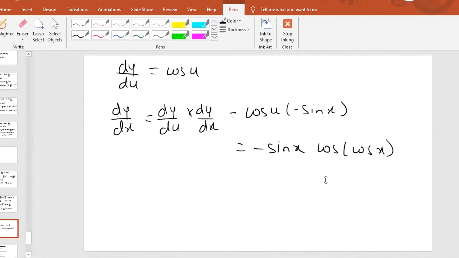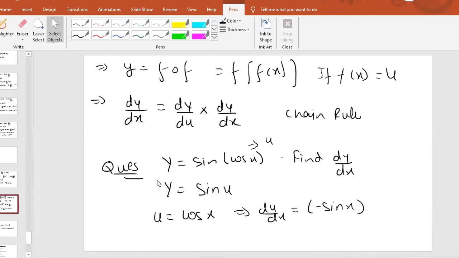That is why I'm saying it is confusing. That is what I'm telling you. Don't go for chain rule. You all keep telling me, sir, explain chain rule, chain rule. I'm simply telling you the simple method I told you in the first step. You have to do that only. Don't go for chain rule. I can explain you chain rule. See, this is chain rule. Are you able to understand something here? No. That is why I'm telling you, just go by the simple method which I'm telling you.